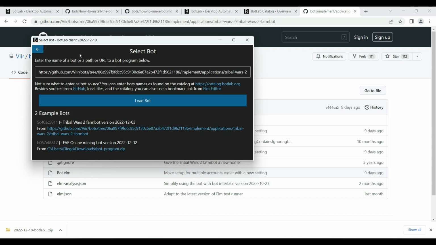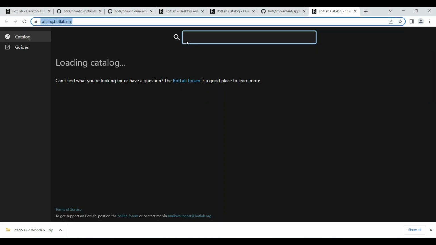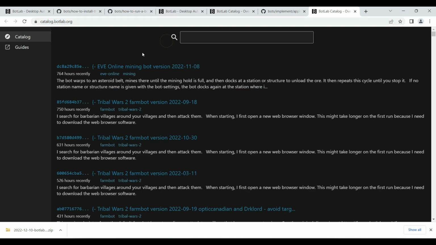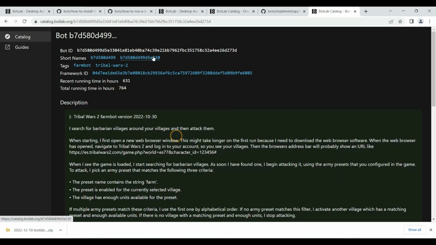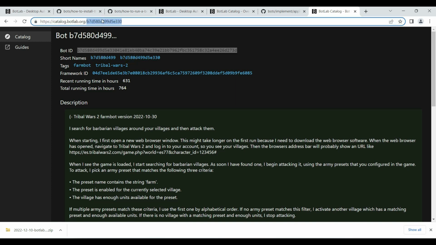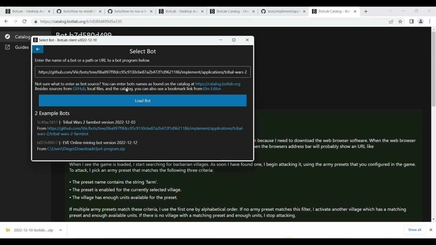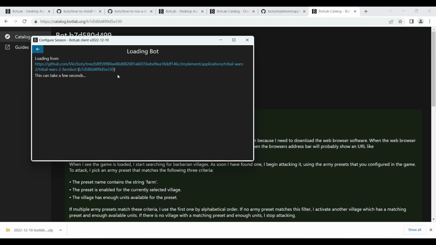And in some cases, of course, you will find some bot program on the catalog. So you'll see something like this, an entry on the catalog, and you've this bot ID and you've short names for this bot, and you can use any of these to refer to this bot to load it in the client.